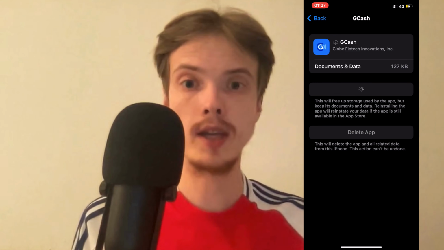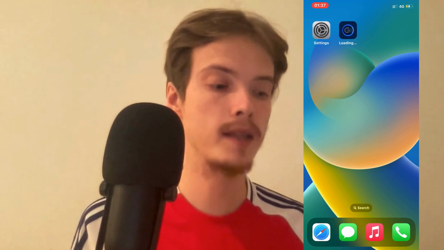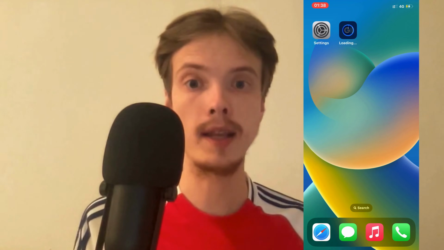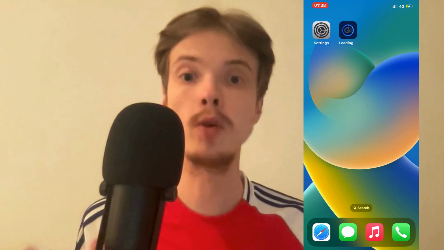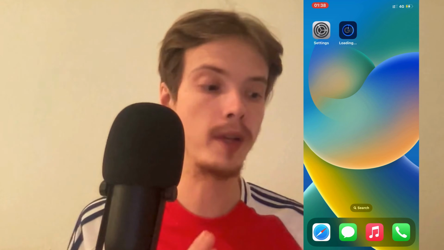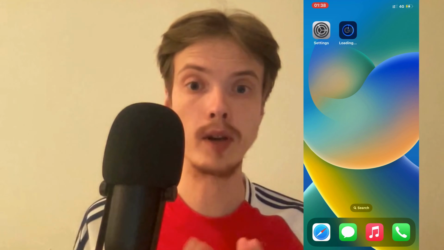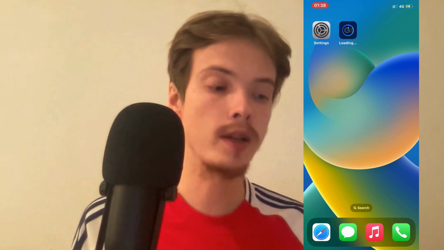So as you can see, my GCash app now says loading, and that means that my GCash app is currently getting the absolute latest update for the app. So sometimes, unfortunately, you will need to actually do this and wait for it to completely load. It might take a couple of minutes or a couple of seconds, and potentially this will be able to fix